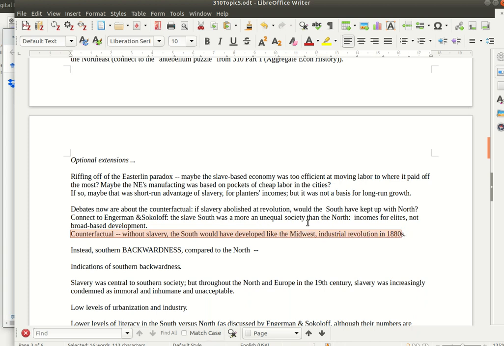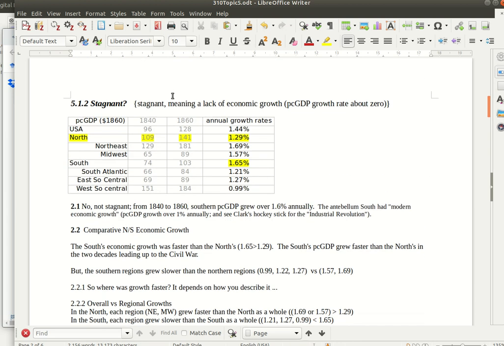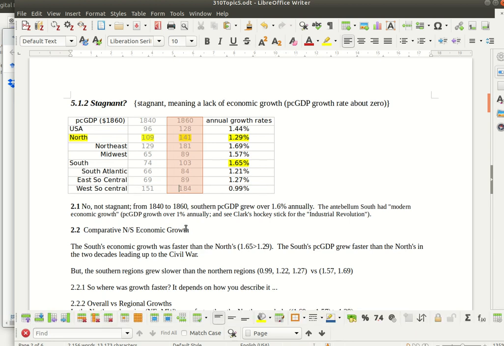So sure, it still would have been poor as of, say, 1860. But then in the 1870s, 1880s, 1890s, both the South and the Midwest could have undergone something like an industrial revolution. Of course, that glosses over all sorts of interesting issues of history, but the notion of counterfactual, it's important for you to be alert to it, because if you go back to the numbers, these numbers for 1860 really mean